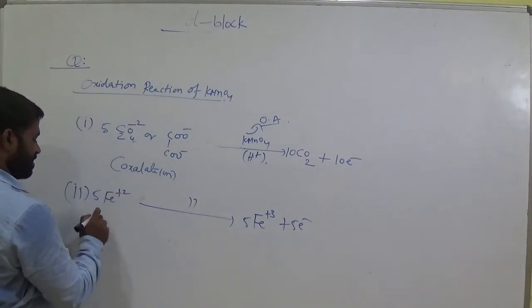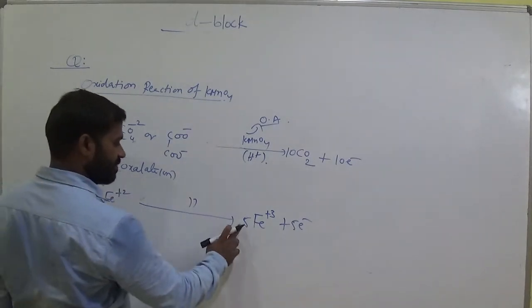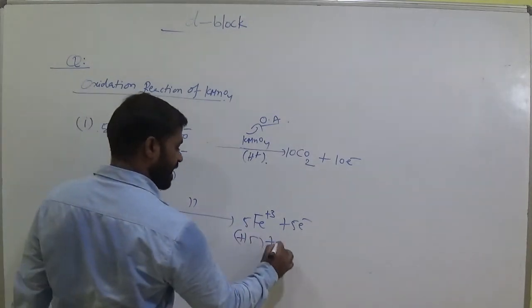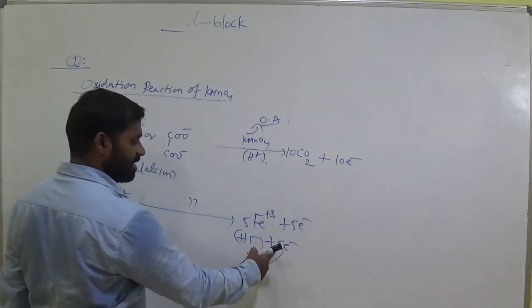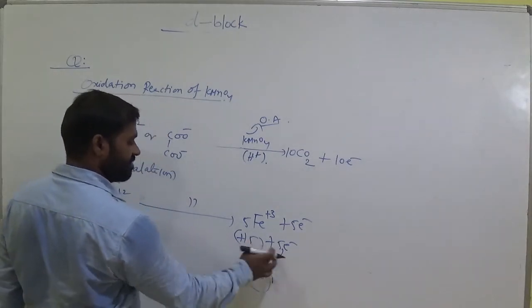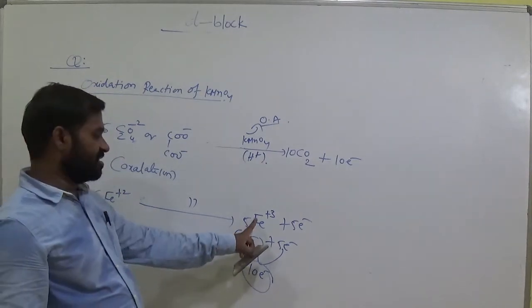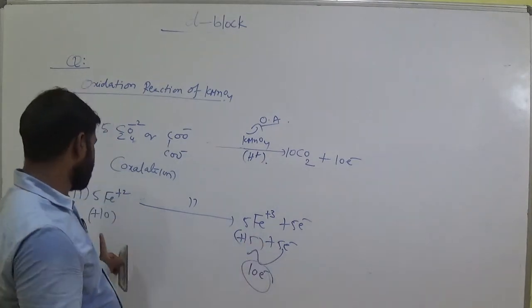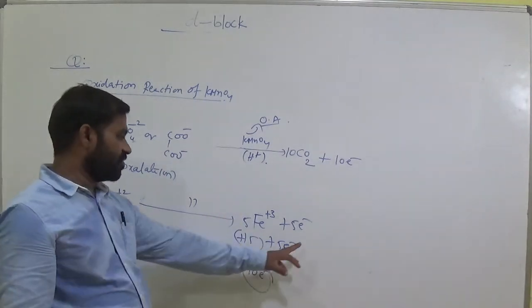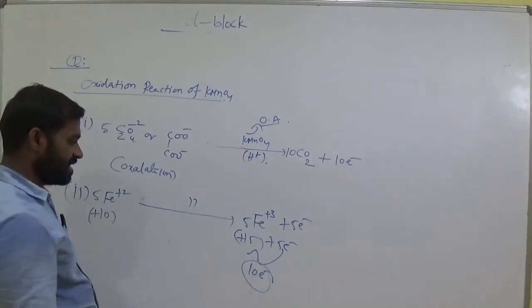Okay, 5 Fe 2 plus has plus 10 charge, and here 5 Fe 3 plus has plus 15 charge. This is the charge. So when we add 5 electrons, electrons means minus, 15 minus 10, that is 10 electrons. Am I right? This is plus 15 charge on iron, here it is plus 10 only. We have to balance the charges here. So we add 5 electrons here, then it becomes 10. Are both side charges equal or not? Charges are equal.